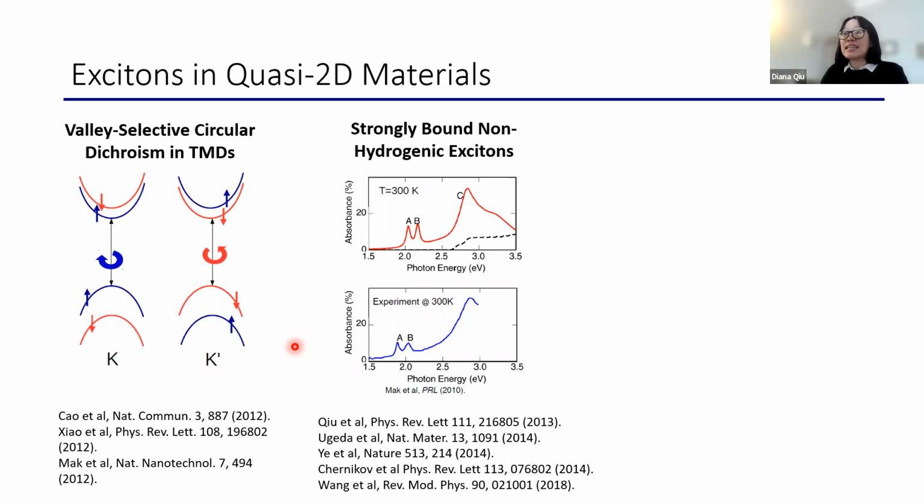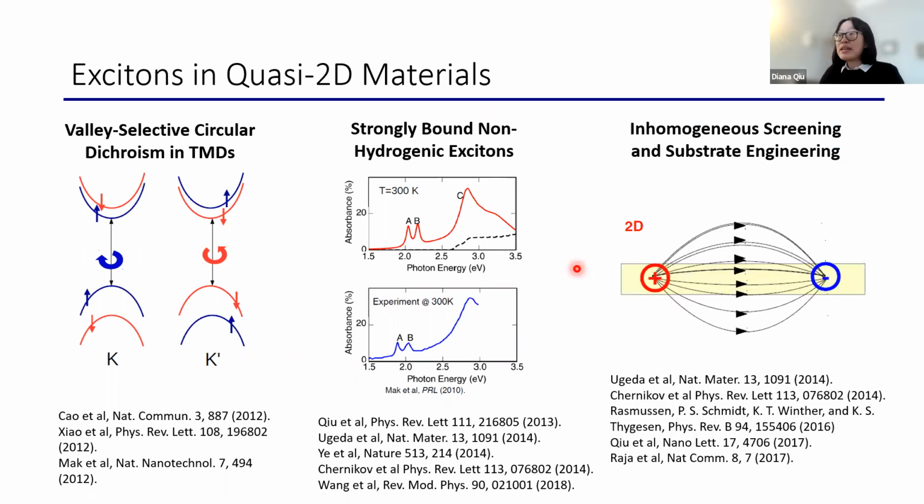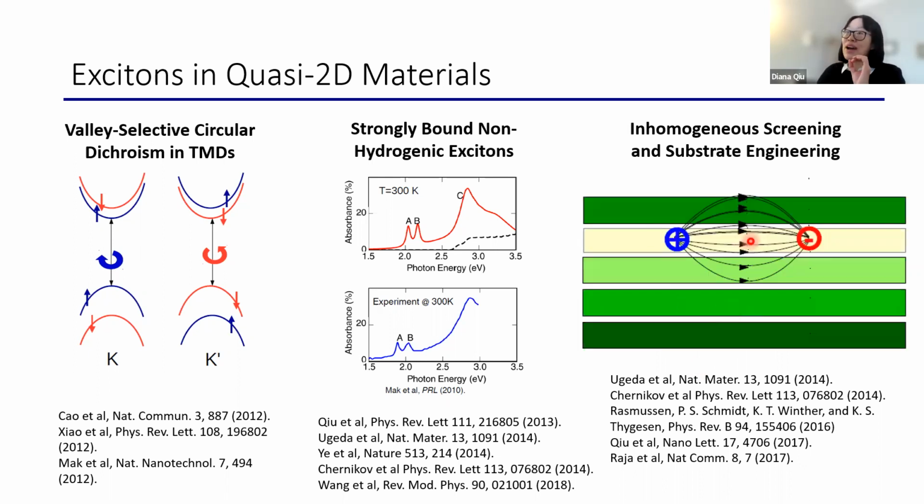But in low dimensions, the excitation spectra of these excitons actually turns out to be highly non-hydrogenic. And the reason for this is because in low dimensions, the screening environment is extremely inhomogeneous. You don't really have a well-defined macroscopic dielectric constant, because if you think in terms of just field lines between some charged particles, you can imagine there are some field lines inside the material and some field lines outside of the material. So the screening that the charges see is going to depend very sensitively on the length scale in question. And this sort of inhomogeneous screening also means that you can tune the strength of interactions inside these materials by changing the external environment